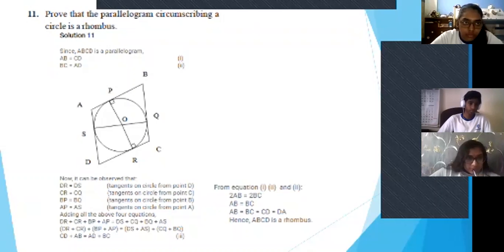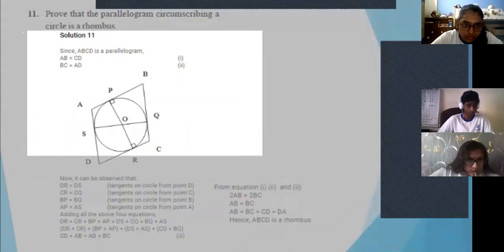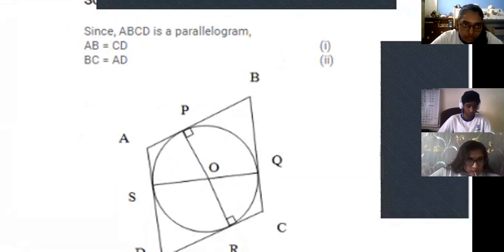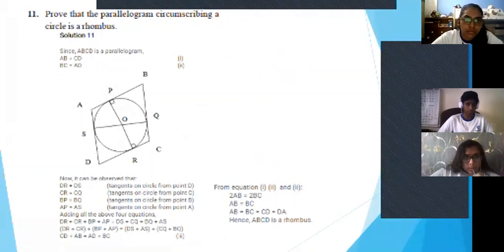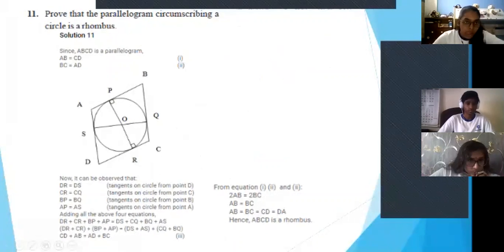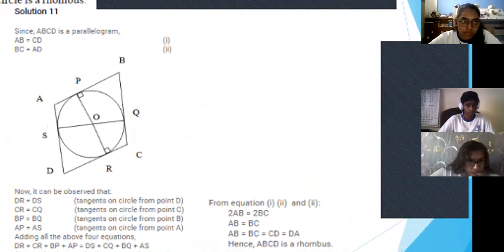Wait, I'll put on the, wait a minute. Just check it out. I'm magnifying it. Ma'am, it's better. Chalo, take it down, then I will. Because I can't explain when it is having a magnified view. Again, it's back to normal, ma'am. It's blurred again, ma'am. Yes, ma'am. Now it's fine. Just take it down fast and I'll explain it to you, because I can't write on this when it's magnified.